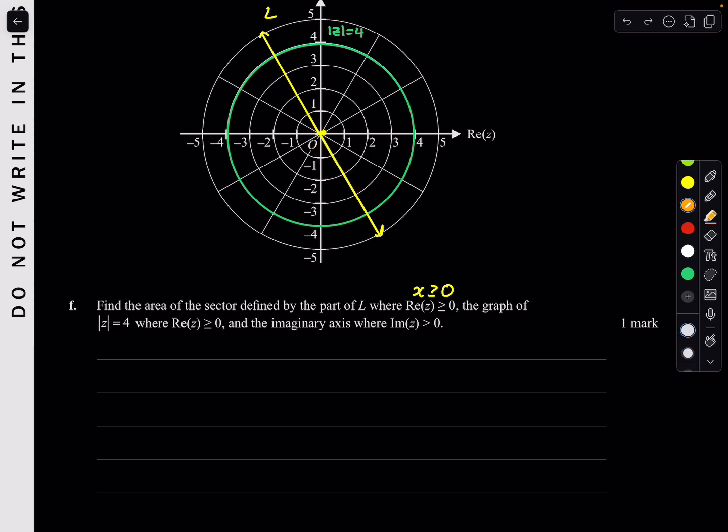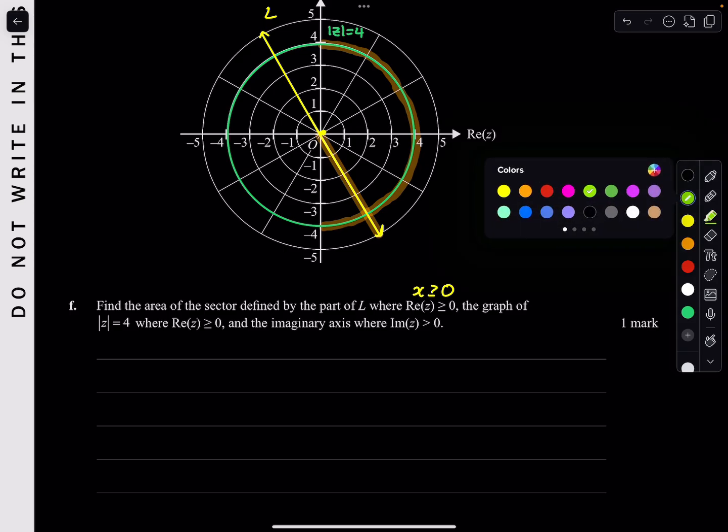Let me make it smaller. Actually, let me use a red line. No, it's not very visible, but let's say this orange. Can you see? This is where x is greater or equal to 0 for that line. And the graph of the circle where, again, the real is greater or equal to 0. So basically from here all the way to here, where it's only from there. And the imaginary axis,